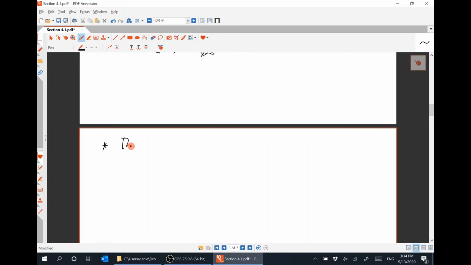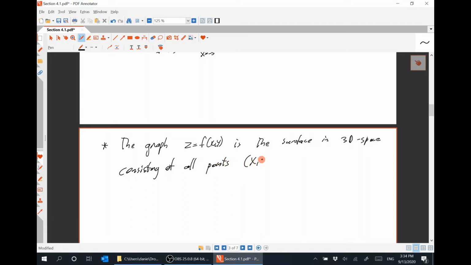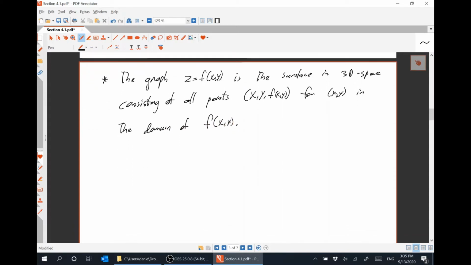All right, the graph z equals f(x,y) is the surface in 3D space consisting of all points (x, y, z) where z is f(x,y), for (x,y) in the domain of the function. So, for example,